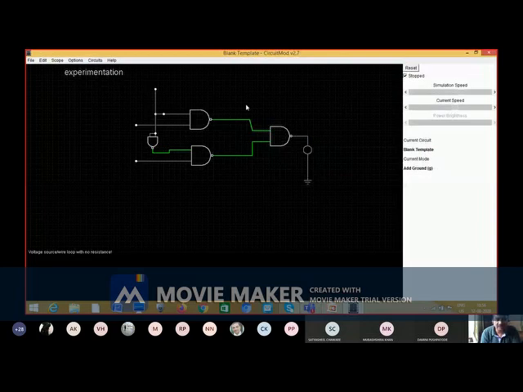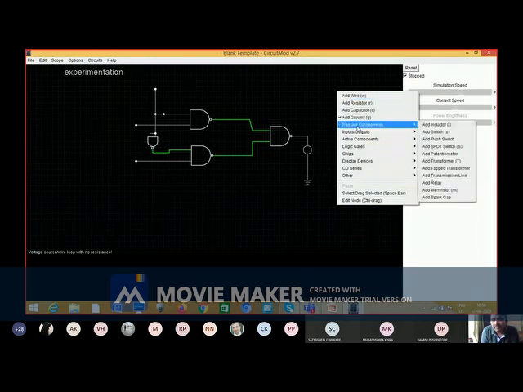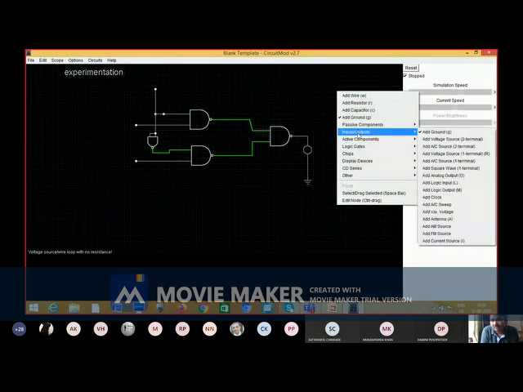Okay, so this correct. You can see there is some problem. You can see voltage source wire loop with no resistance. Okay. So what I will do, I will add voltage source, or yes, I will add this also.